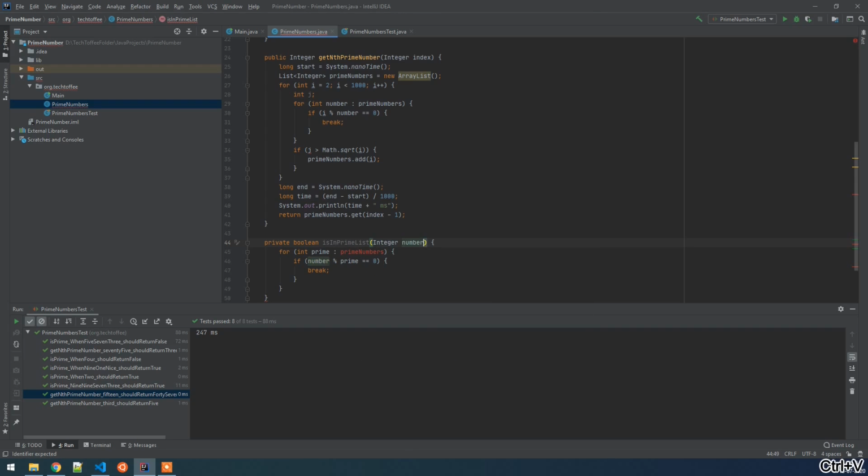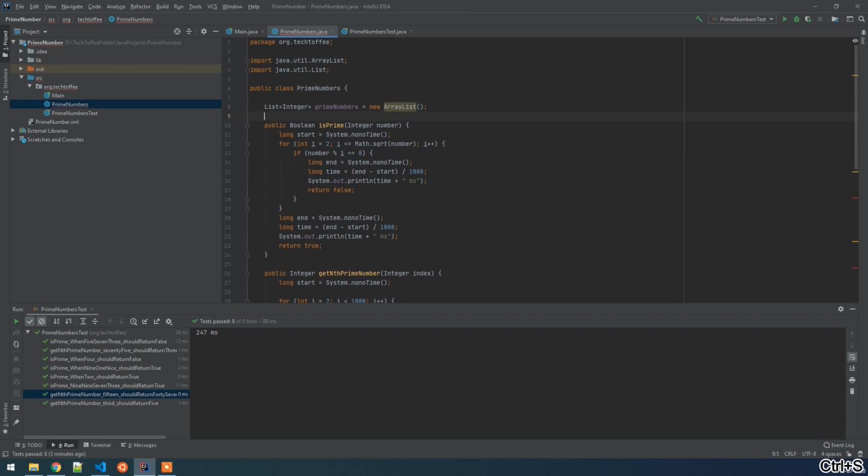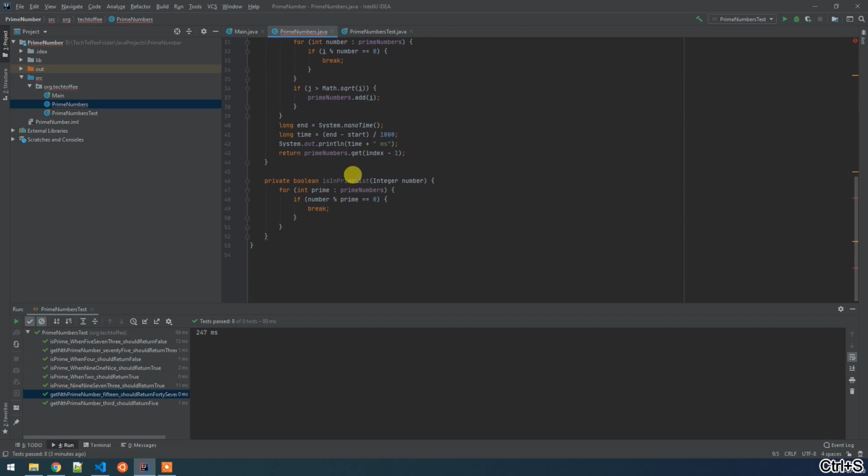So it will return a boolean object. So here we'll return true or false. If it's a prime number, we'll return true, otherwise we'll return false. And now we'll leverage this function. Instead of doing the calculation, we can have here an if condition. This dot isInPrimeList,